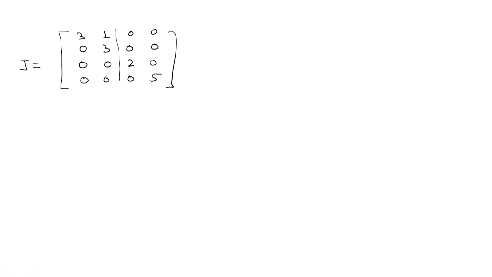So, here I am having 3 Jordan blocks, one of size 2 corresponding to lambda equals 3, and the remaining 2 are of size 1 corresponding to lambda equals 2 and lambda equals 5. So, if someone asks me to write J raised to power 4, now I